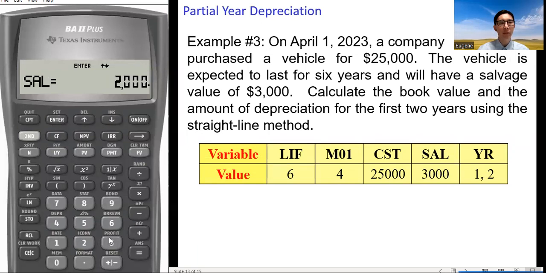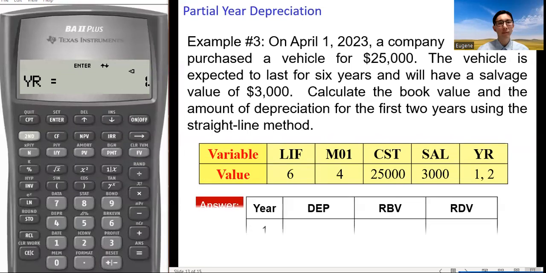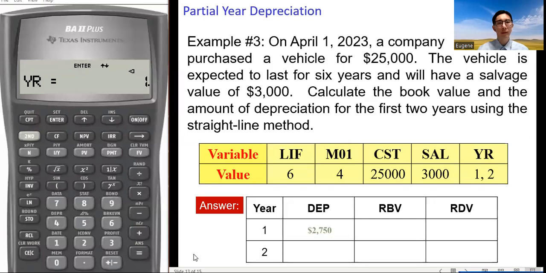And then SAL, 3,000. Get the information for the first year. YR is 1. And then we get the value for DEP, the depreciation amount in the first year. And then press the down arrow key to get RBV and RDV respectively.